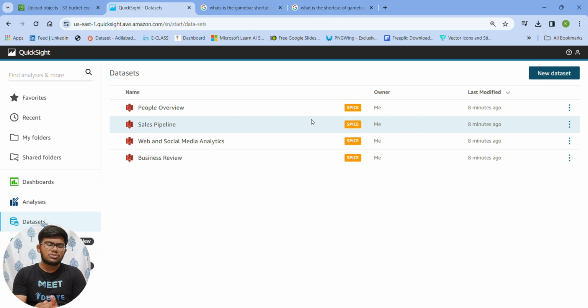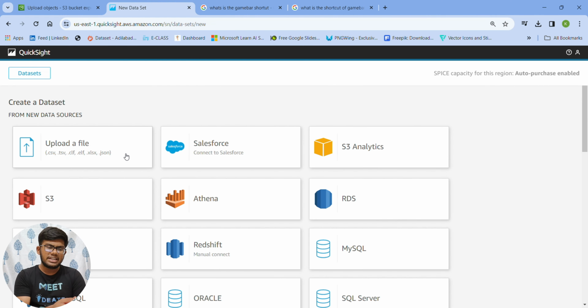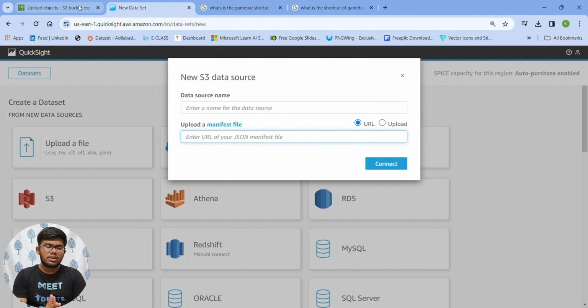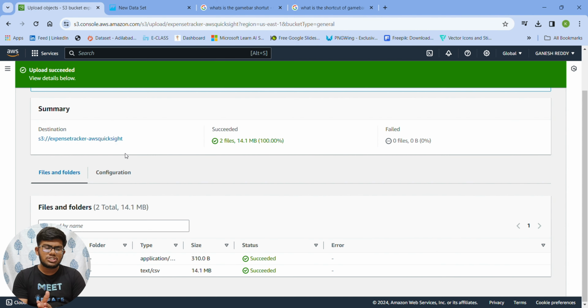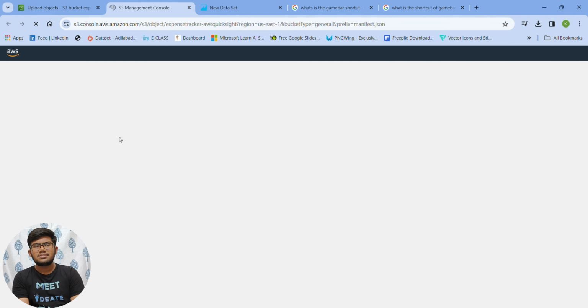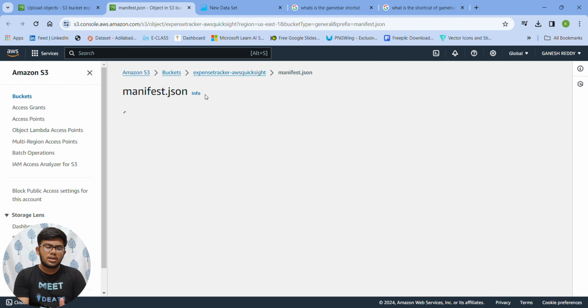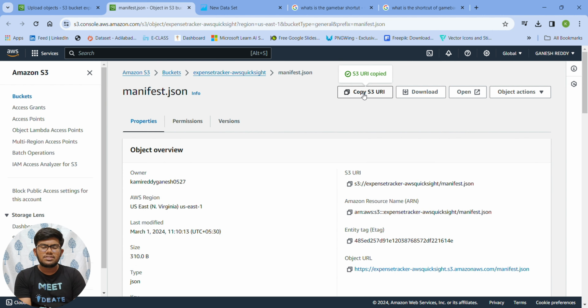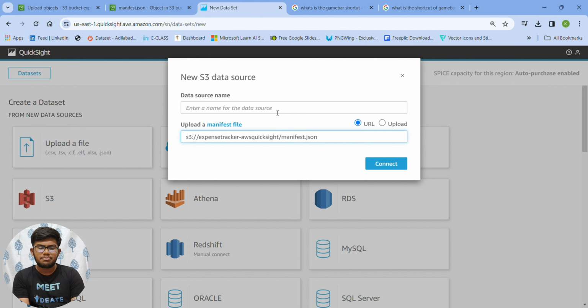Okay, now we are going to link our dataset file to this account using the dataset's full file name. When creating a dataset, we click on S3, and after that we need to copy the S3 object URL from the bucket policy. This manifest file contains the allow access of the bucket to the Amazon QuickSight account. When we open the manifest.json, we have the S3 URL right there. We just copy it and paste it in the